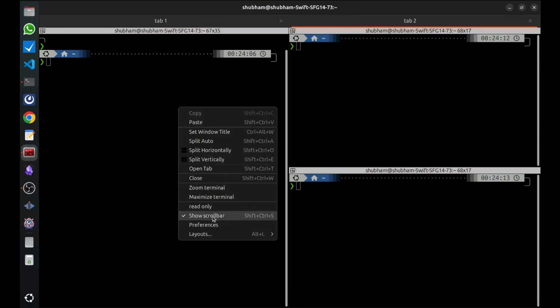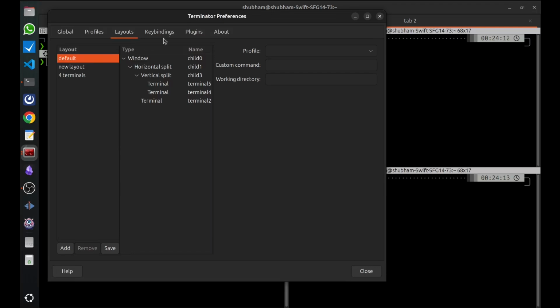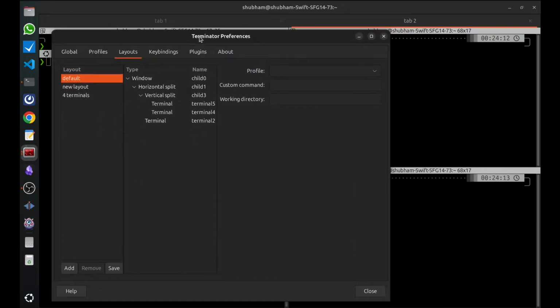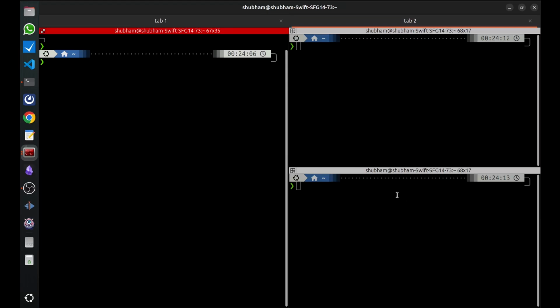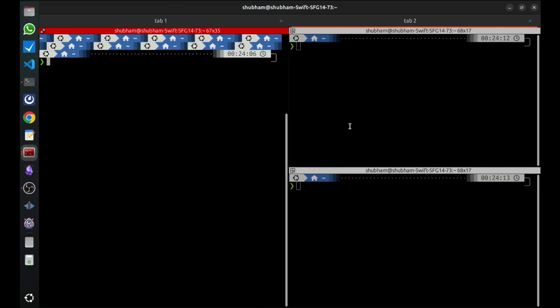The important thing over here is that you should create a default layout, as in whenever you open Terminator, you can have a default layout for yourself. I usually use it this way. I like 3 terminal windows, and then I can resize them using these commands, which we already talked about. So if you want to do something like that,